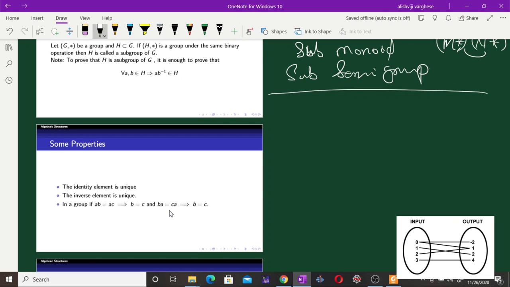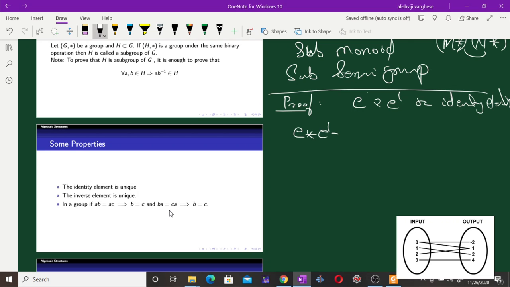So we have to prove these three properties. First one, the identity element is unique. Our method is like this. If possible, let us suppose that E and E dash be identity elements. Then since E is the identity element and E dash is an arbitrary element, we can write E